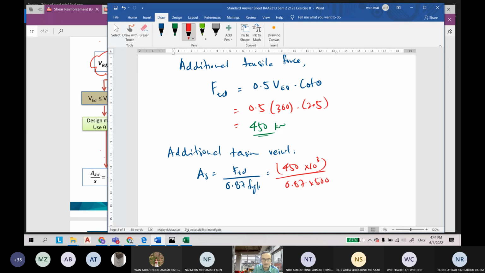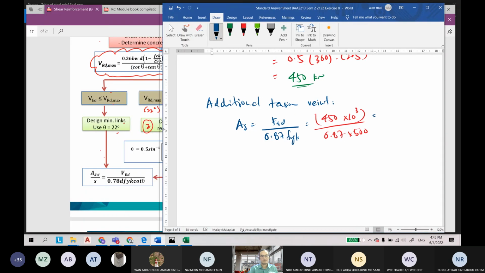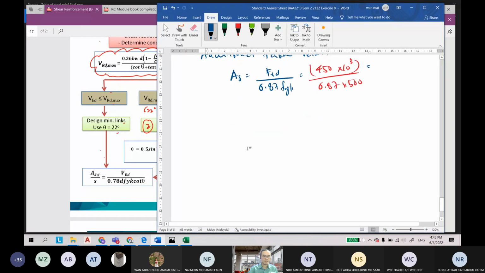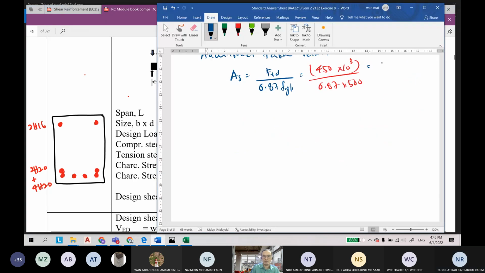What is the value of AS now? Additional tension reinforcement. Any answer? 1034. Okay, thank you. 1034 mm square. So, for additional tensile reinforcement, it is at the bottom here. Can you see here